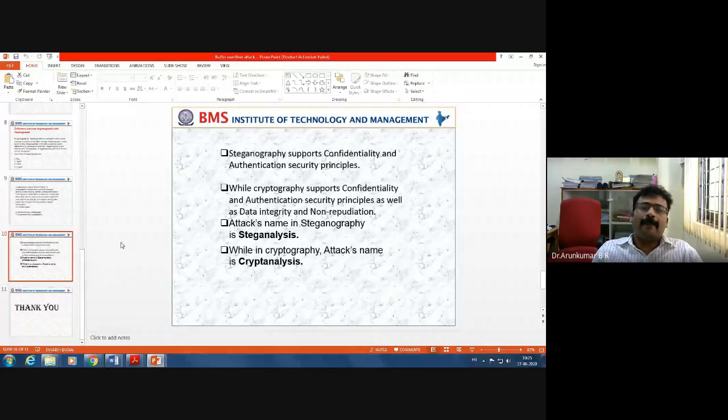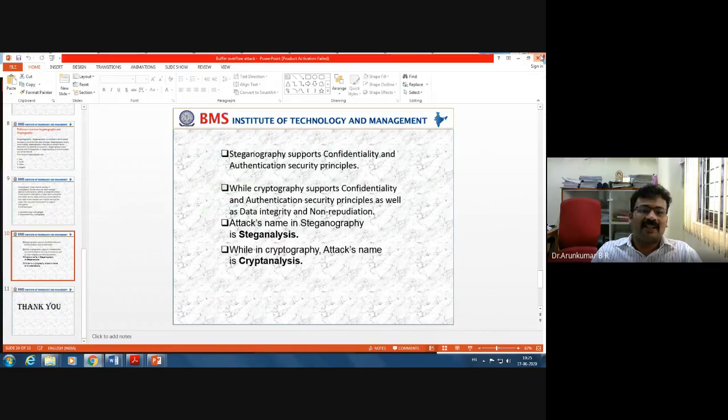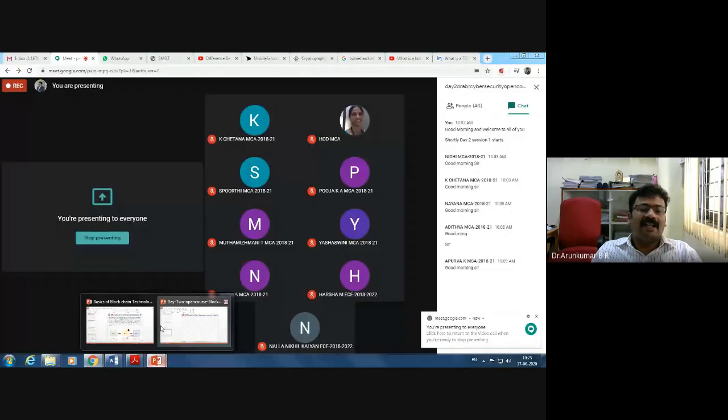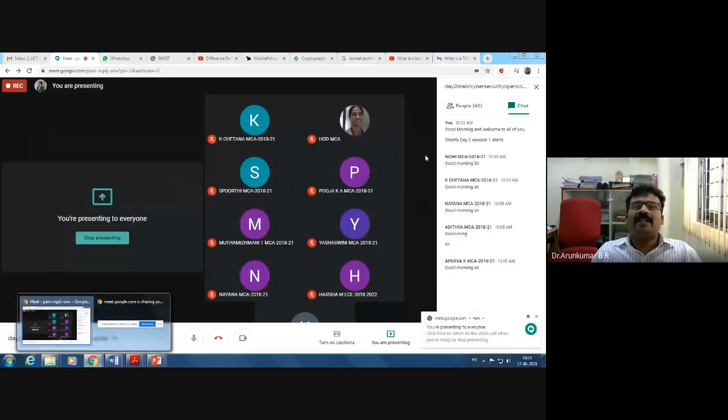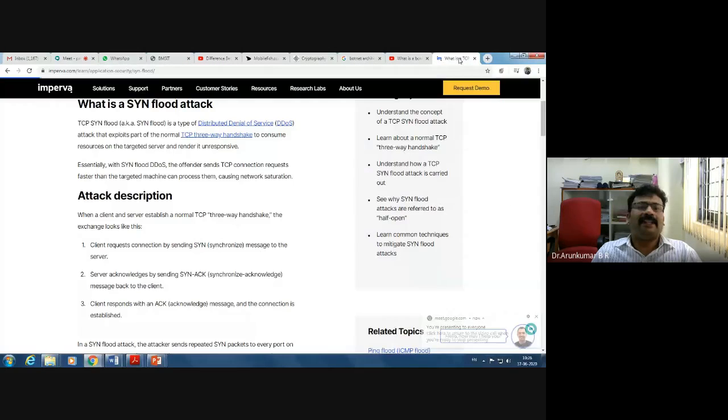Suppose I write a program which sends junk emails, so your inbox will be full and it overflows, and it leads to a denial of service attack. So a buffer overflow attack may lead to a denial of service attack. Then the question arises, what is a denial of service attack? To explain this, I will take the case of TCP.